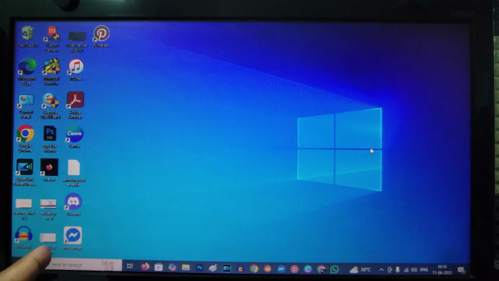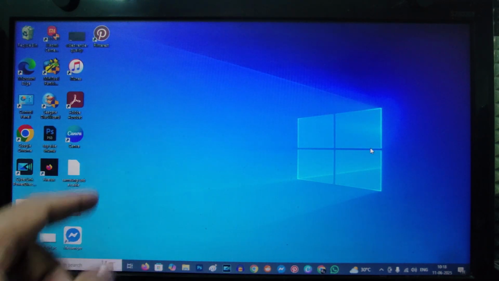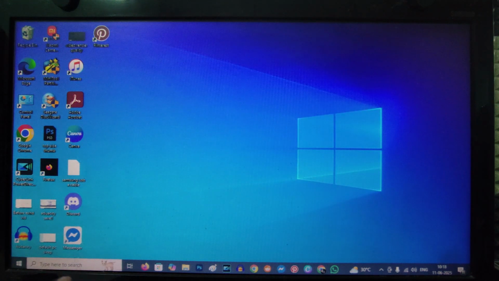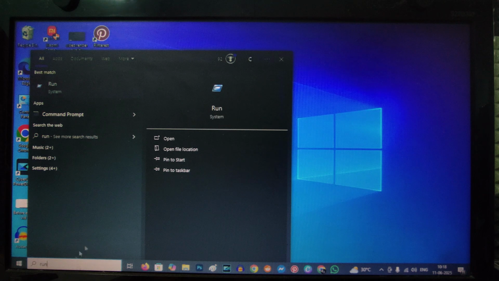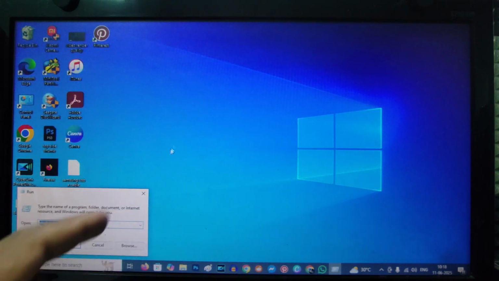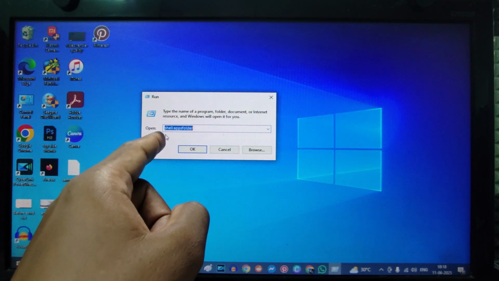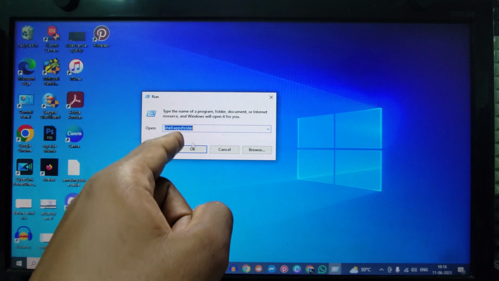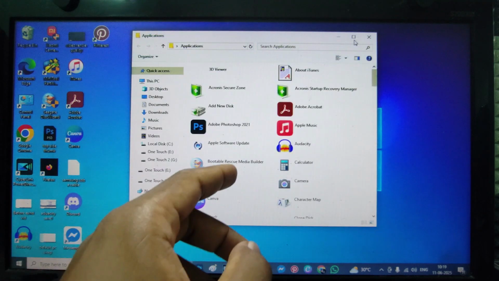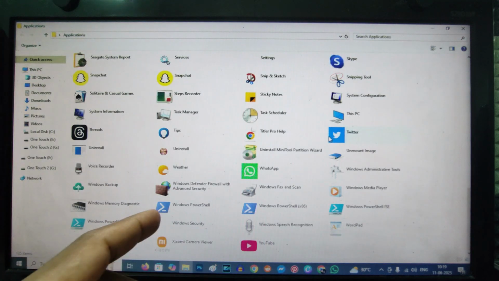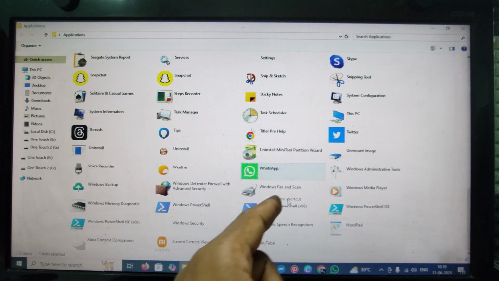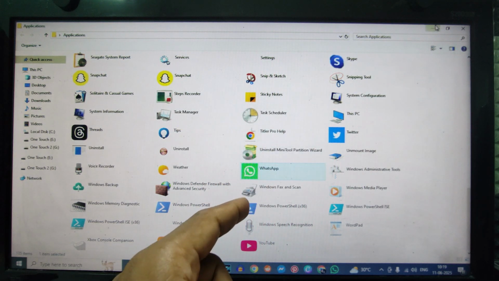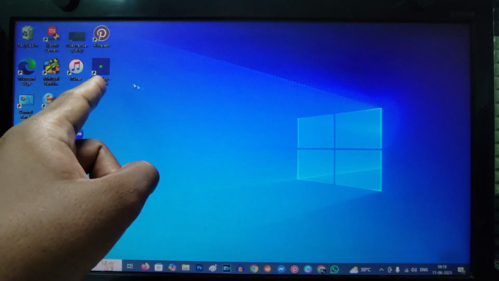If you want to add a shortcut on here, click this search and just type run, search and open this, and here just type shell:appsfolder, then OK. Now here you can see the WhatsApp. So here it is. Just right click here and create shortcut. Yes. Now here you can see, if you click this,